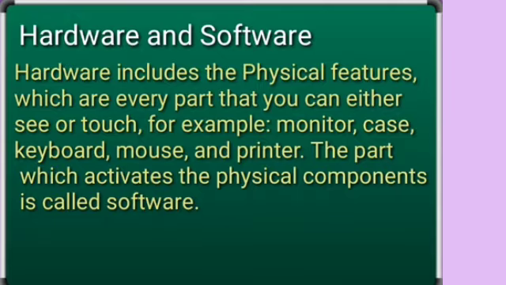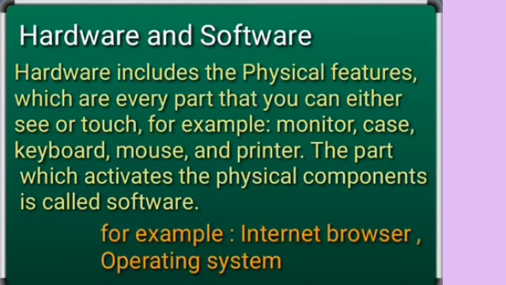All right, now the different types of hardware and software which are available, we can see here that the hardware, we have already seen, monitor, mouse, keyboard, any physical device is called hardware. The software can be any application software which is installed into a computer, like internet browser or operating system, or word processing software like Word, Excel, PowerPoint, any designing software like Adobe Photoshop. So anything which helps you to work with the help of the hardware is called software, or which activates the hardware to work.